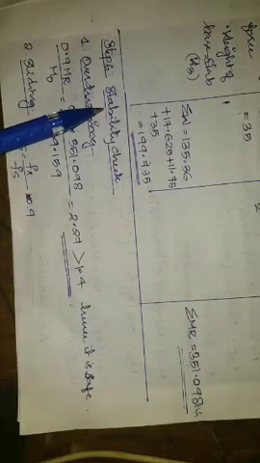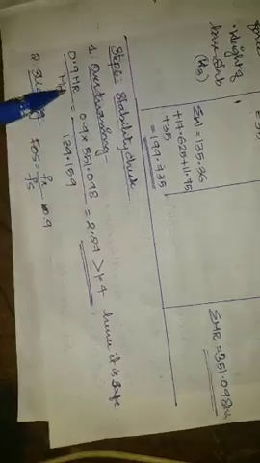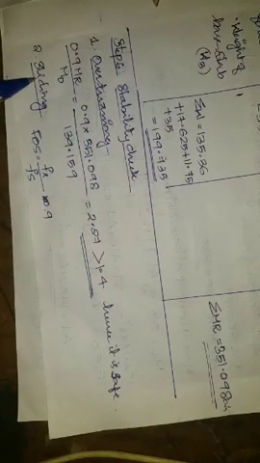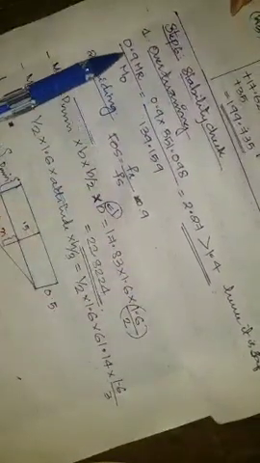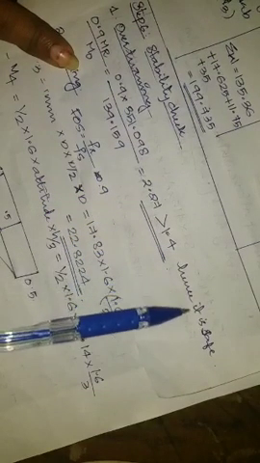By adding the 3 restoring moments, we get sigma Mr is equal to 351.098 kilonewton meter. Then sixth step, stability check. First is stability against overturning, stability against sliding, and stability against base pressure. The stability check for overturning: 0.9 Mr by Mo. By substituting the value from the table, we get it as 2.27, which is greater than 1.4, hence it is safe.